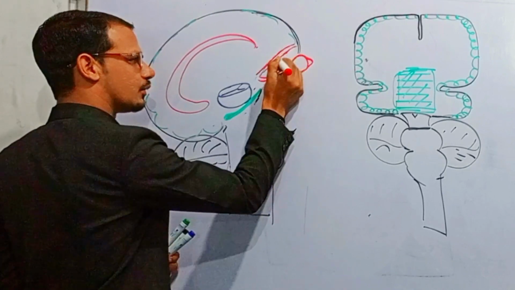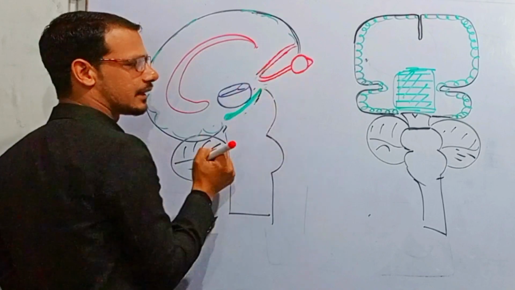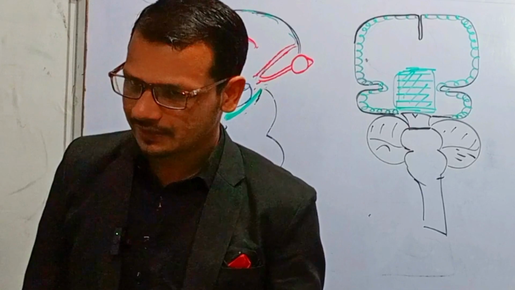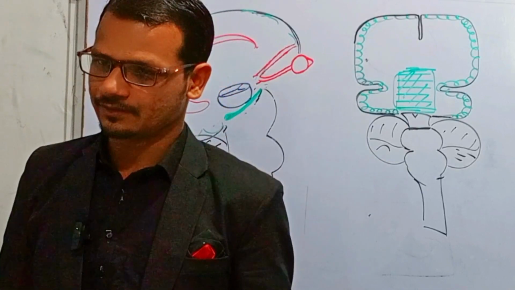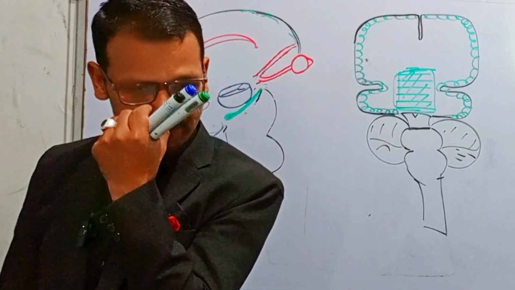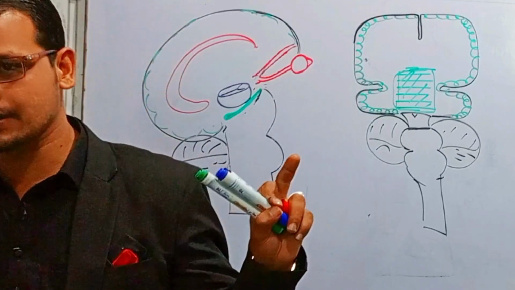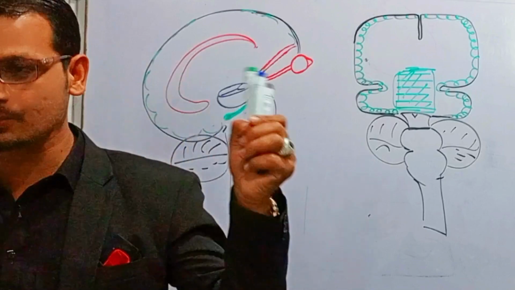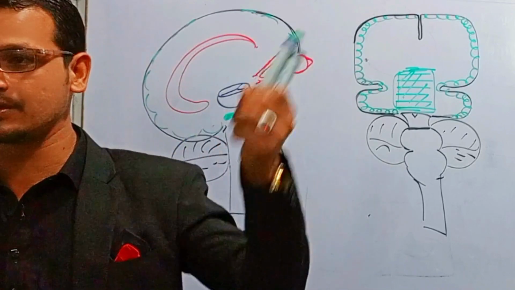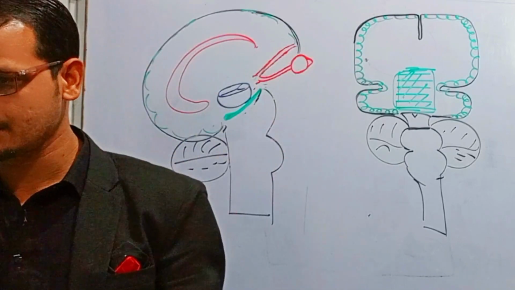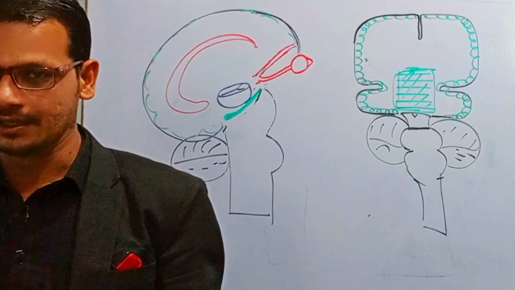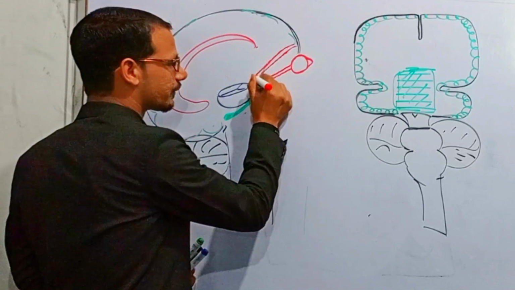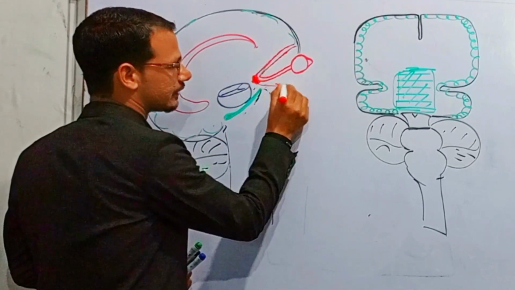Here, these two are connected and forming a structure which is called chiasma. You must remember this chiasma, because when we take the cross section of hypothalamus, we will see the suprachiasmatic nucleus, the suprachiasmatic areas, supraoptic areas, preoptic areas, right? This area is called chiasma,